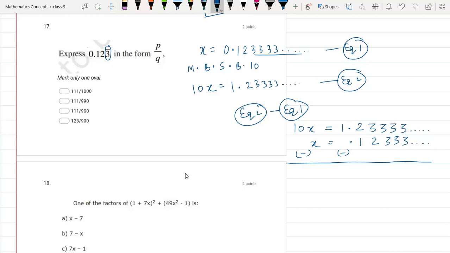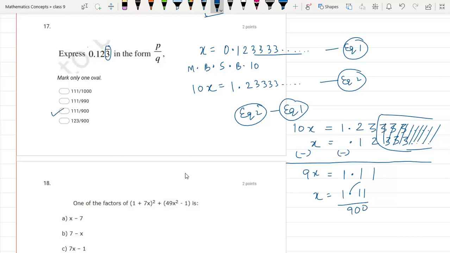Now if you observe, this part is completely the same. So what will happen? They will keep on cancelling from the back side till this point. So we have got rid of the repeating chain. Now 3 minus 2 is 1, 2 minus 1 is 1, the decimal is there, 1 will come as it is, equal to mark, and 10 minus 1 is 9x. So the answer is x is equal to 1.11 upon 9, or remove the decimal, it becomes 111 upon 900. So the answer is option number C.